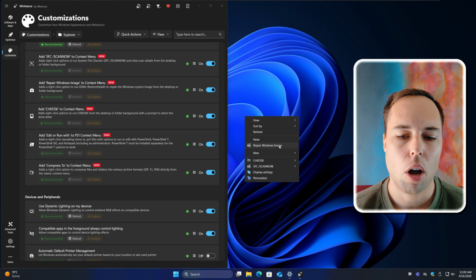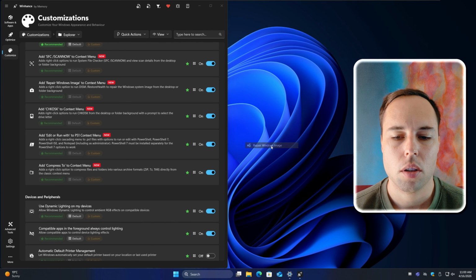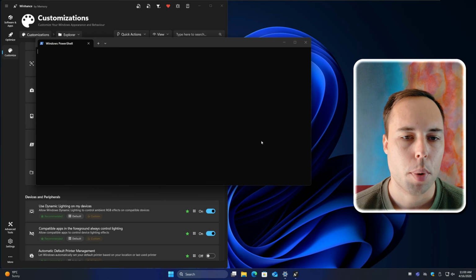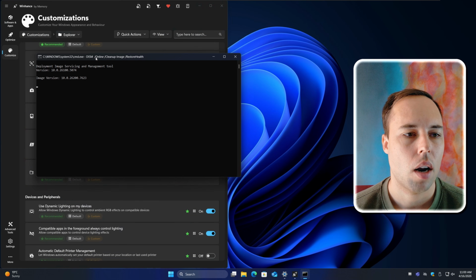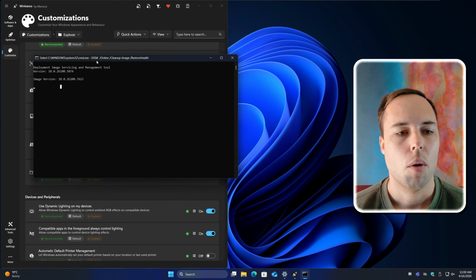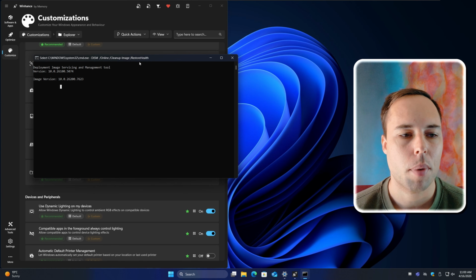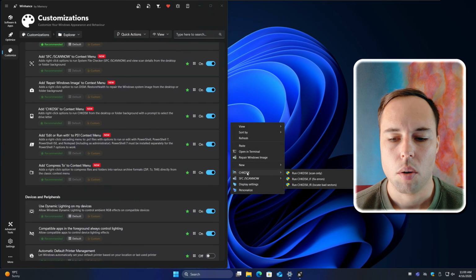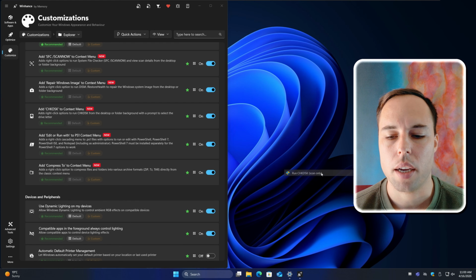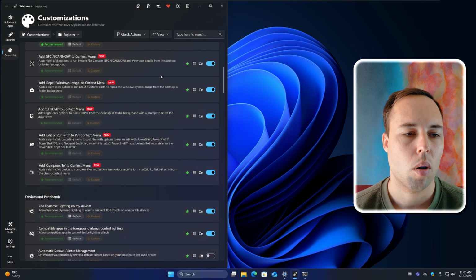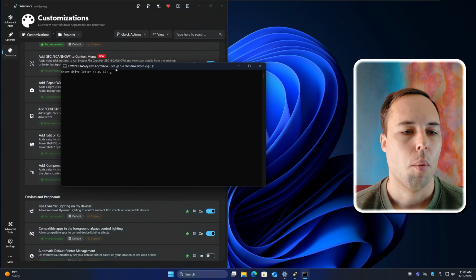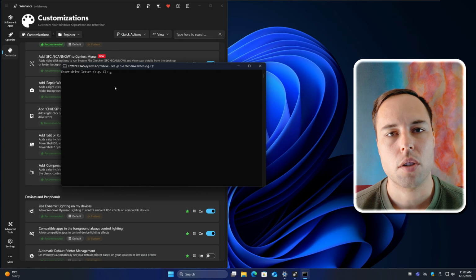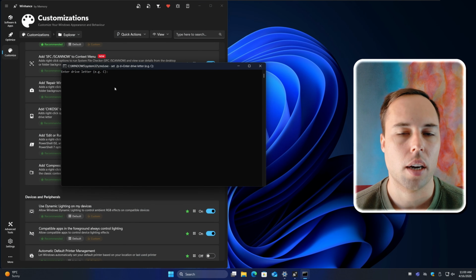But now you've got different options here. You can run repair Windows image. So if I select that, it's going to open a terminal. PowerShell is going to run, and it's then going to run a CMD window, which runs DISM online, cleanup image, restore health. So I'm just going to close that. The next option here is check disk, where you can run check disk to do a scan only. You can fix errors, or you can locate bad sectors. Let's just do a scan only for now. It'll also open a PowerShell window where you have to enter a letter for which drive you actually want to do the check disk on.